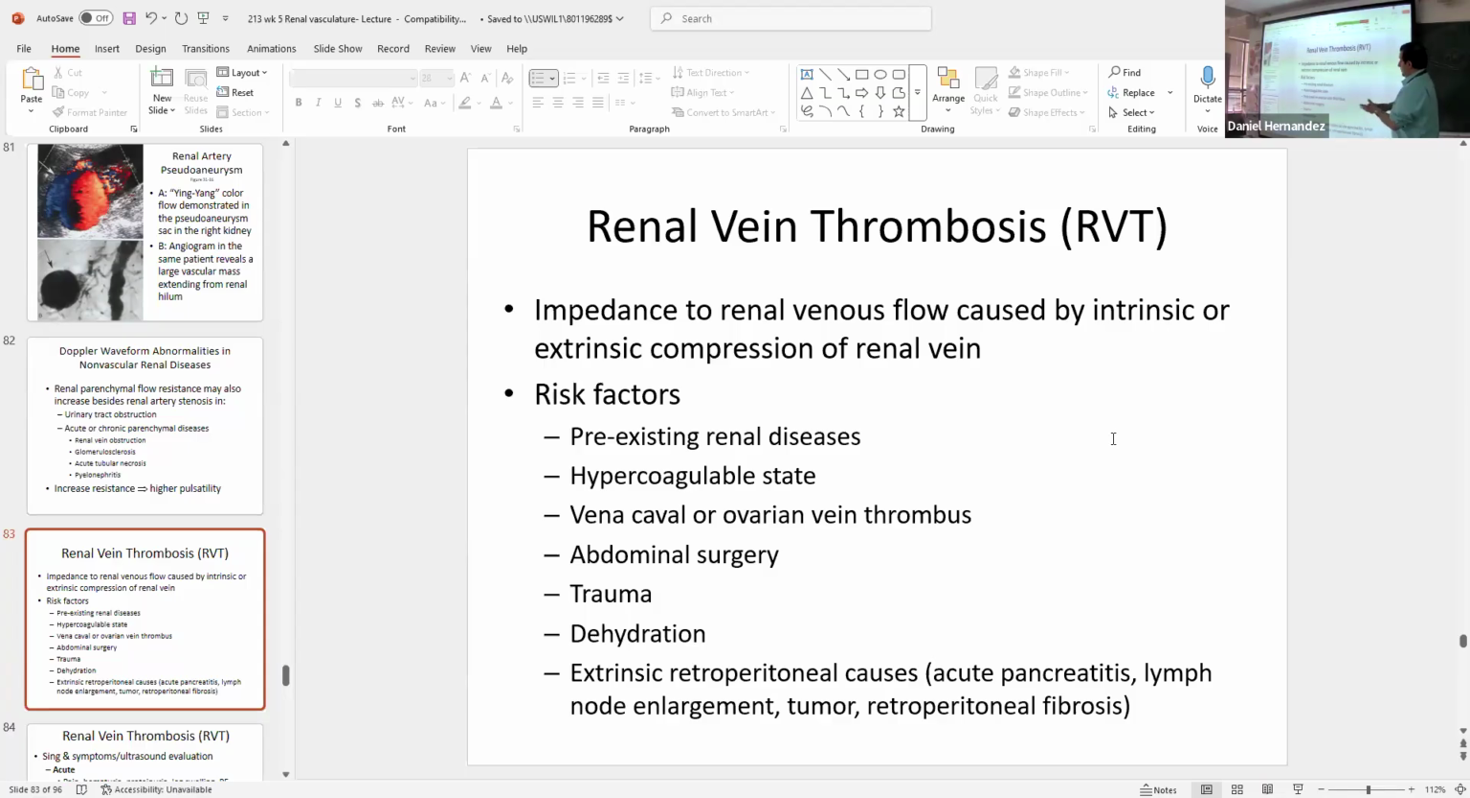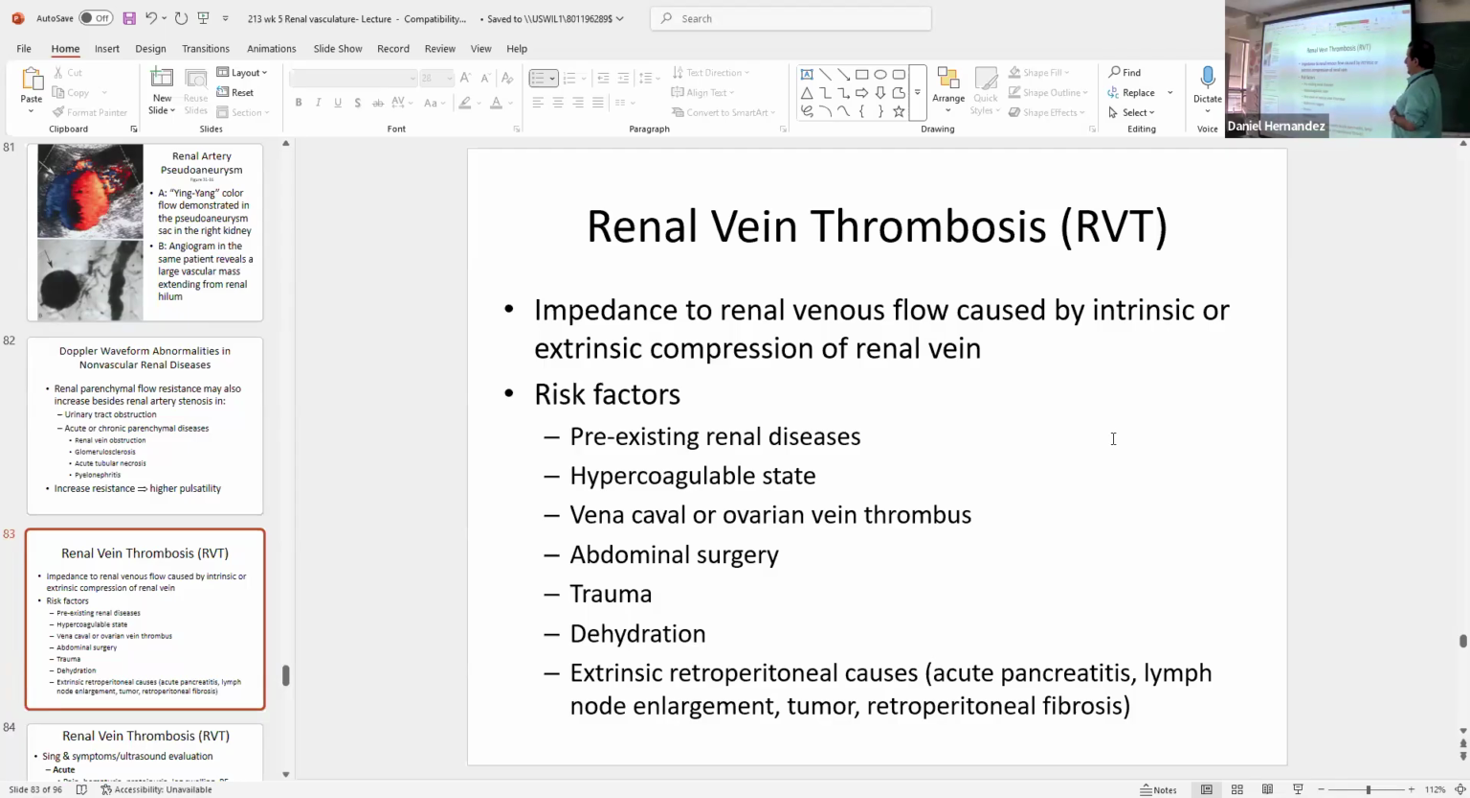Risk factors for renal vein thrombosis include pre-existing kidney disease and patients who are in a hypercoagulable state. So, cancer patients, pregnant women, status post surgery, patients who have factor V Leiden or sickle cell disease are all potential candidates. Also patients who have vena cava thrombosis or ovarian vein thrombosis. So if they've had a massive DVT, that massive lower extremity DVT has propagated all the way into the